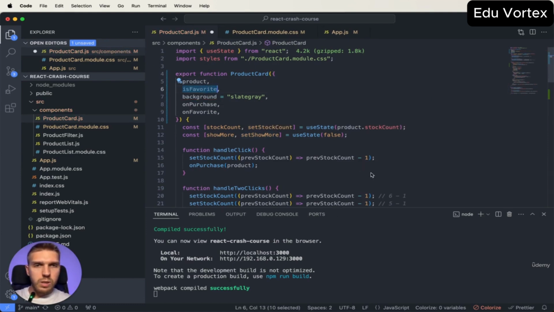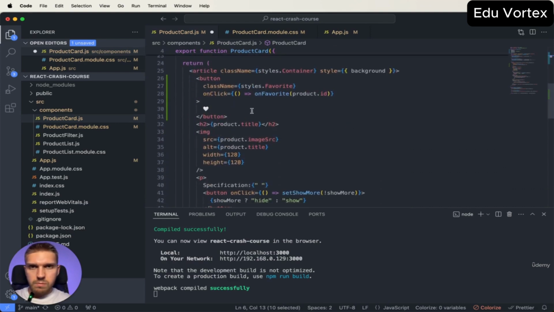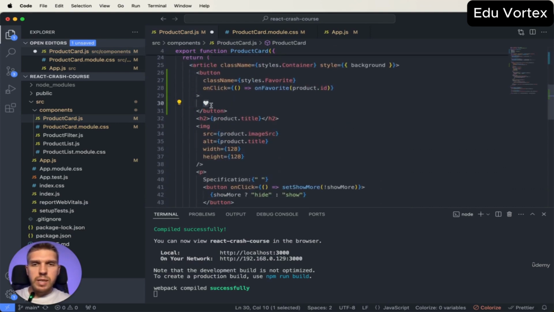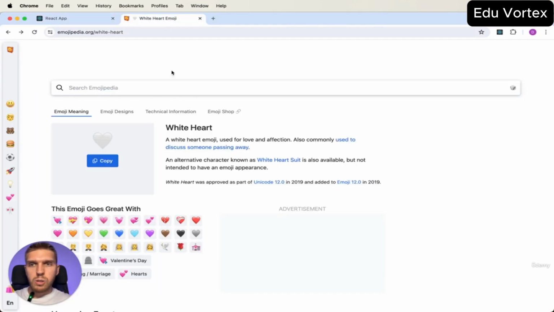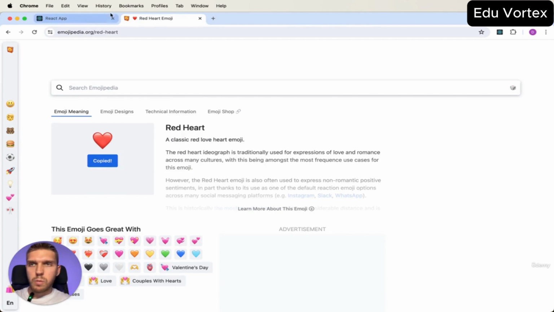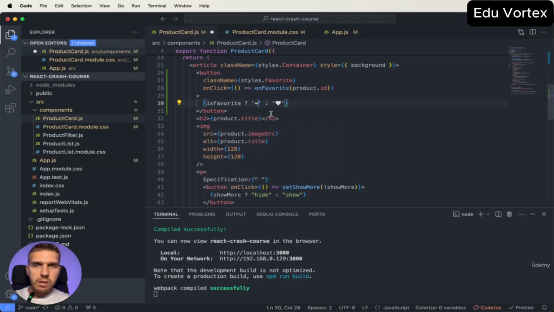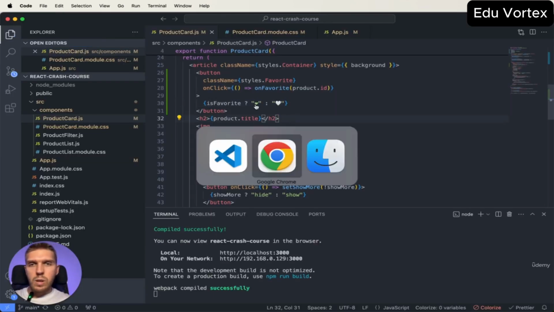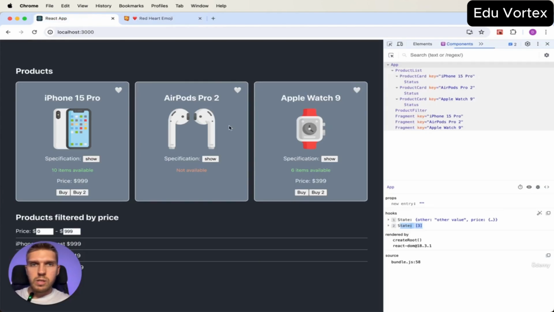And now we need to display different text. We just add a condition here, kind of the same as for show more button. If it's favorite, we display one emoji, otherwise we display a different emoji. And now let's switch to our emojis and click on a red heart, copy it and paste it here. And when we save it and refresh page